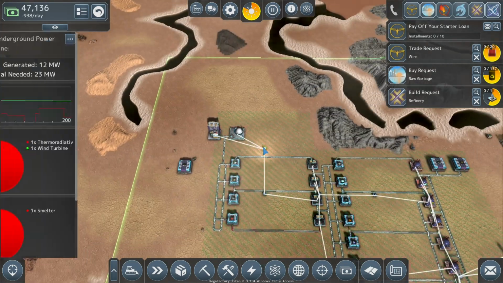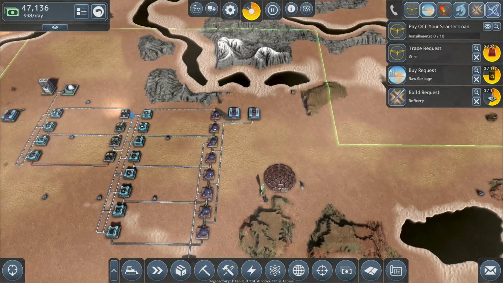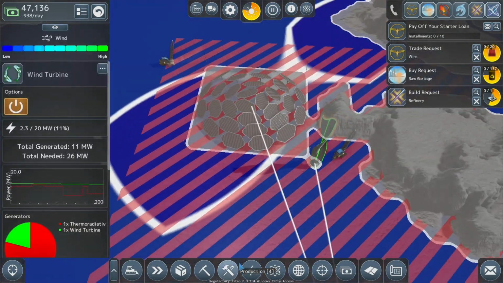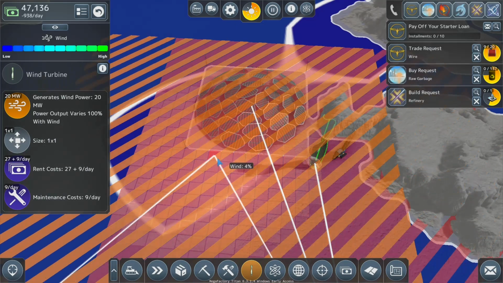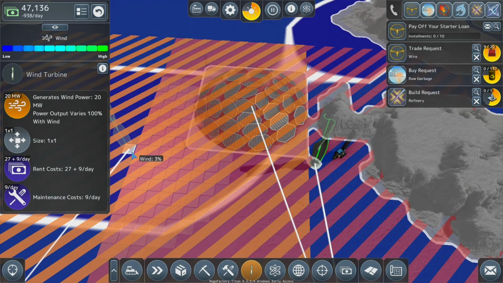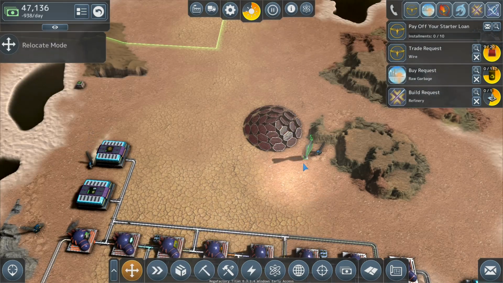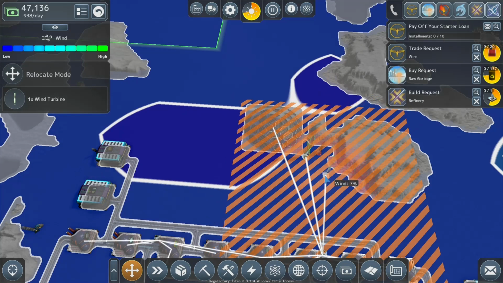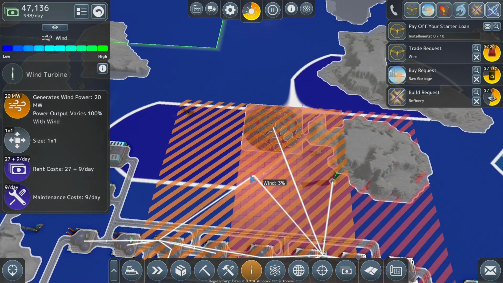Okay, so this is where we're getting into an issue here. So we don't actually have the power required. We need 21. We have 12, so we need more power. Now, I don't know whether putting down these next to each other causes problems, so we'll find out. In fact, I'm not allowed to. Okay, you can't put them down too close to each other. Okay, that answers that question. I'm going to put it there. I just want to spread them out nice and...